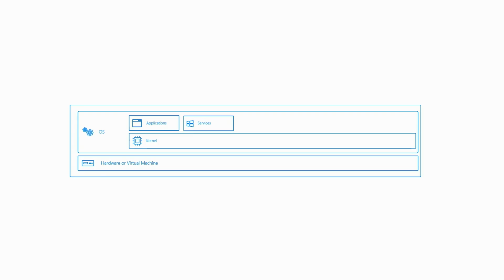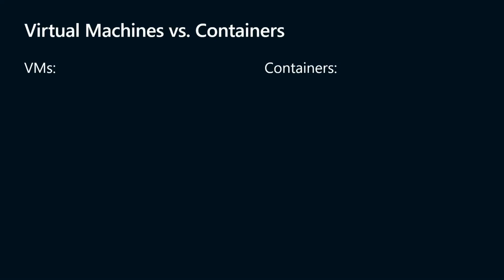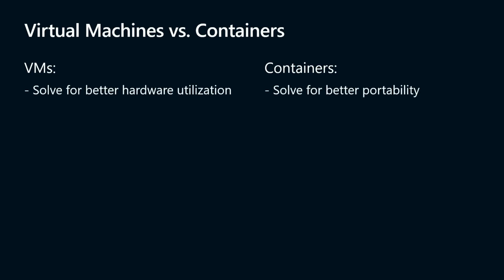Virtualization isolates the VM from other VMs. We all know that. I'm not going to take you through this, or else you're going to throw me off the stage. Containers are the same thing, except we don't have to worry about the OS. We don't have to worry about all of that underlying infrastructure. So we isolate workloads or applications from other workloads and applications running on the same node or pod or cluster, depending on the nomenclature you want to use. So for virtual machines and containers, VMs solve for better hardware utilization.